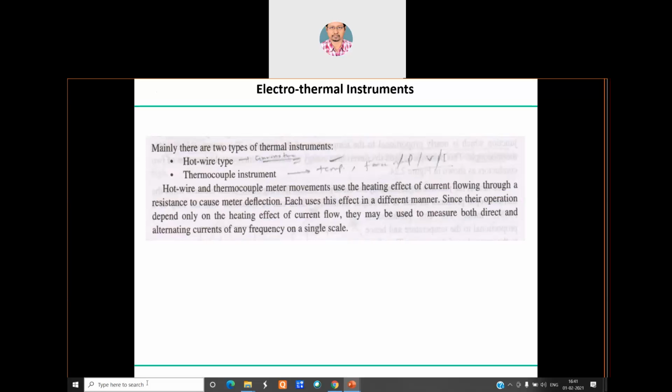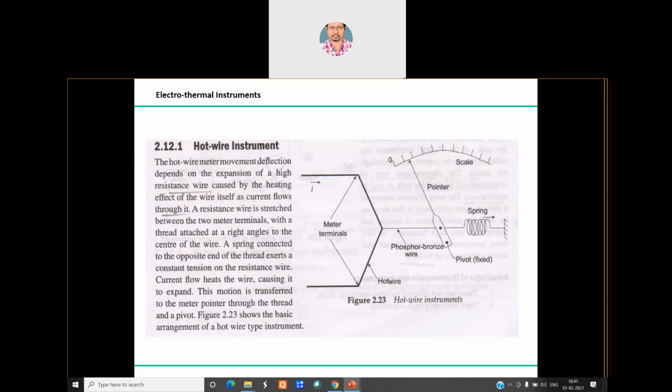Okay, unlike the moving coil type of instruments or the electrodynamometer type of instruments. So with the same scale, without any calibration, you don't need to convert a non-uniform scale into a modified uniform scale. You can use the same scale for the measurement of AC and DC values. Yeah, let's see just in brief.